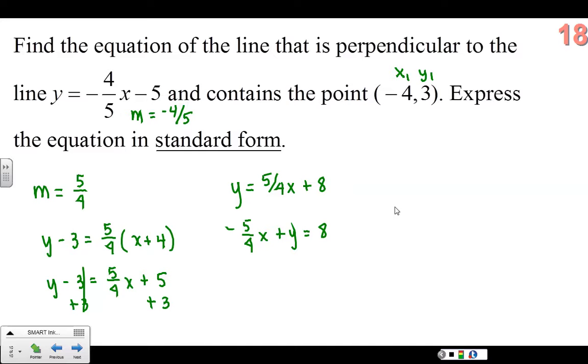Multiply through by 4 to clear the fractions out. So I've got negative 5x plus 4y equal to 32. And we also know with standard form that the a, or the leading coefficient, cannot be negative, so I'm going to change all the signs. 5x minus 4y equals